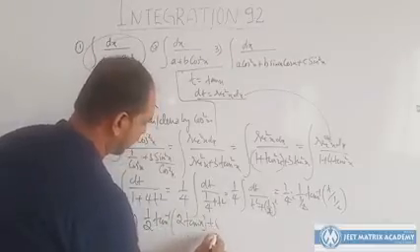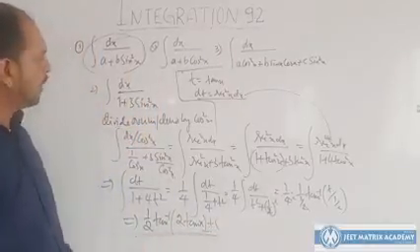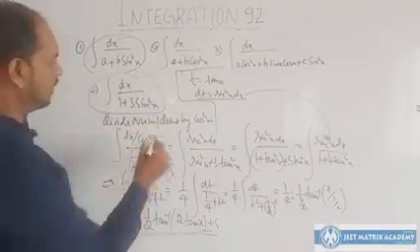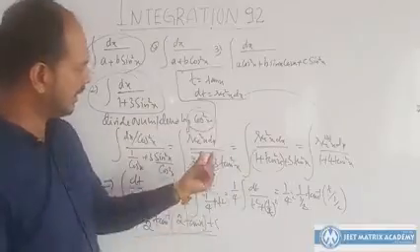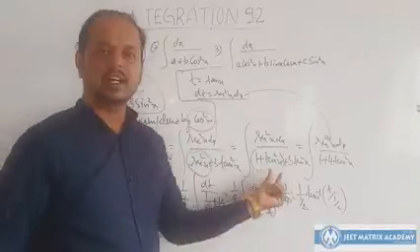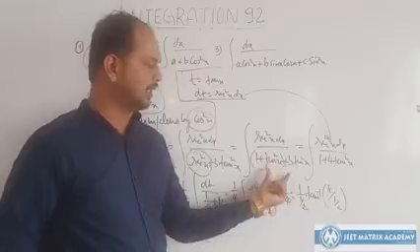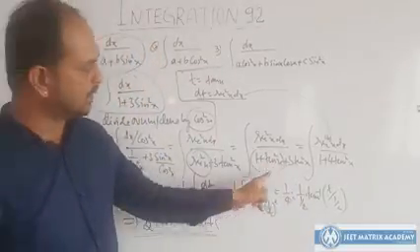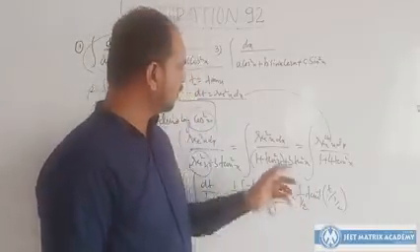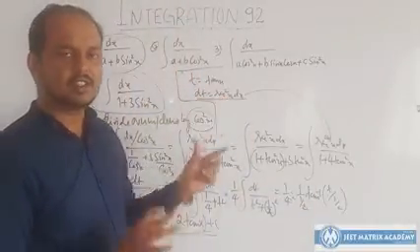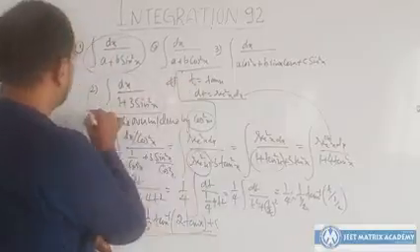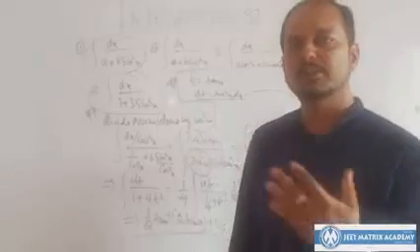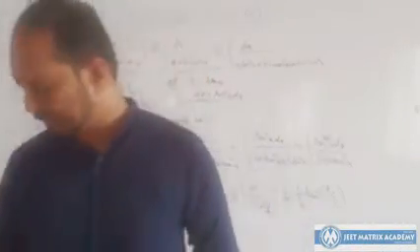It is 1 by 2 tan inverse of 2 into t, meaning tan x, plus c, the final answer. The very important thing is to divide numerator and denominator by cos square x, and replace sec square x with the identity 1 plus tan square x, then expand and simplify: 1 plus tan square x plus 3 tan square x equals 1 plus 4 tan square x. Now substitute the suitable substitutions. These are the very important things here. So let's see, we will discuss one more problem so that you become familiar with different varieties of problems.